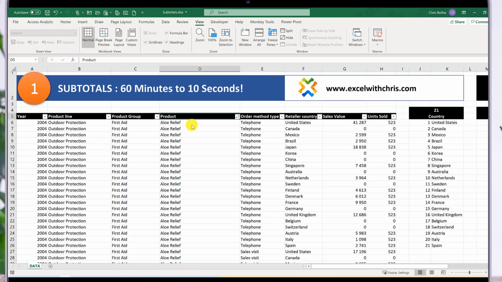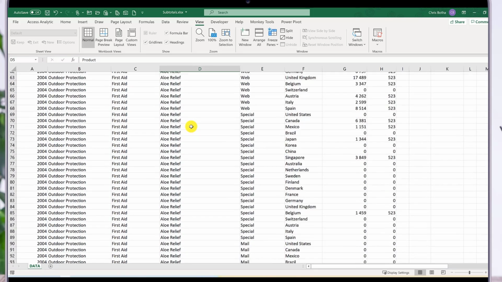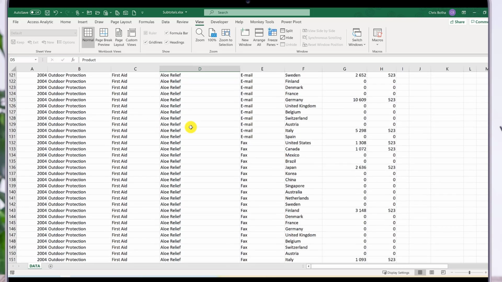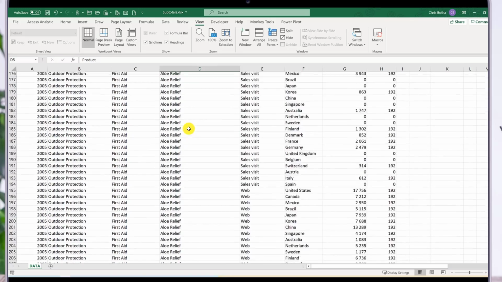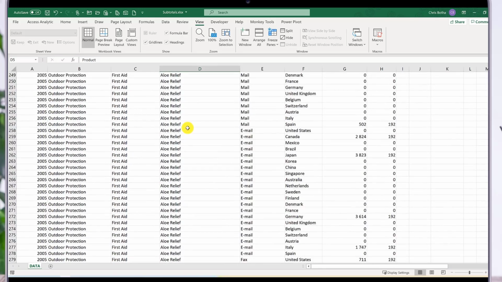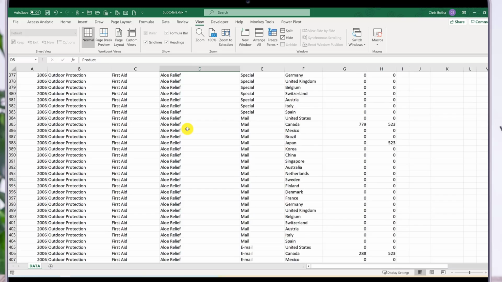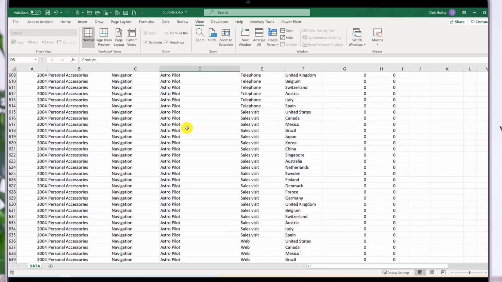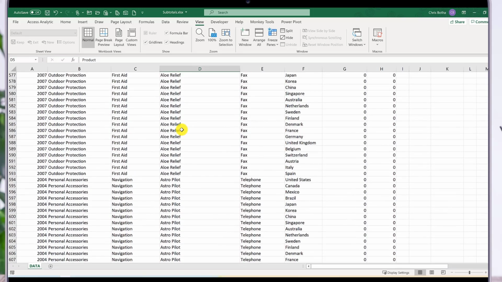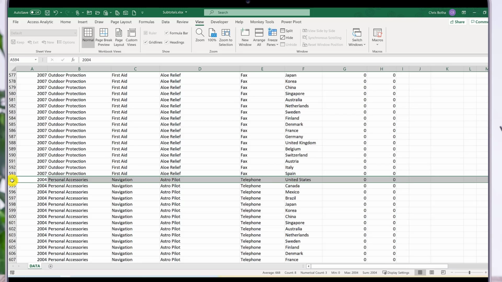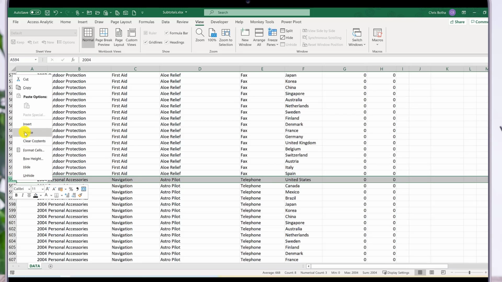Once we've done that, we will then go down the list of products, scroll all the way down. Now keep in mind we've got 144 of these different products. So we'll go down the list until we find the next product. So there we go. I scroll down and there I find the next product, Astropilot. So normally we would insert a row, so we would right click, go insert,